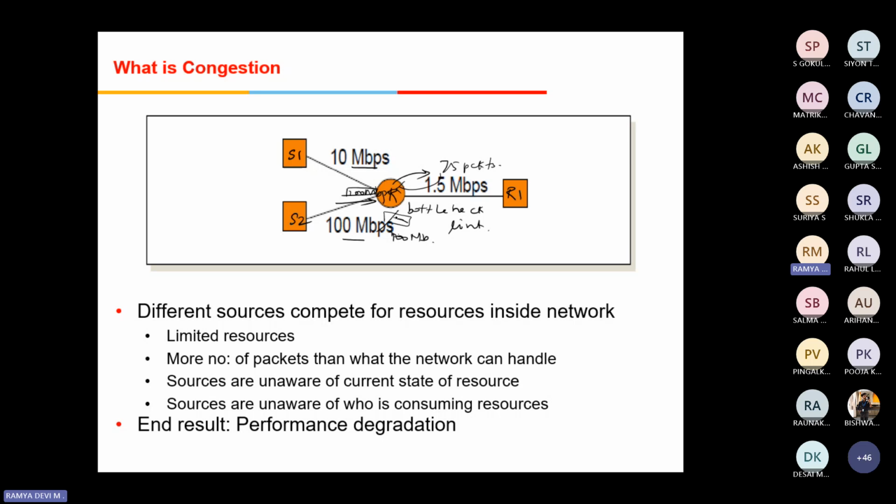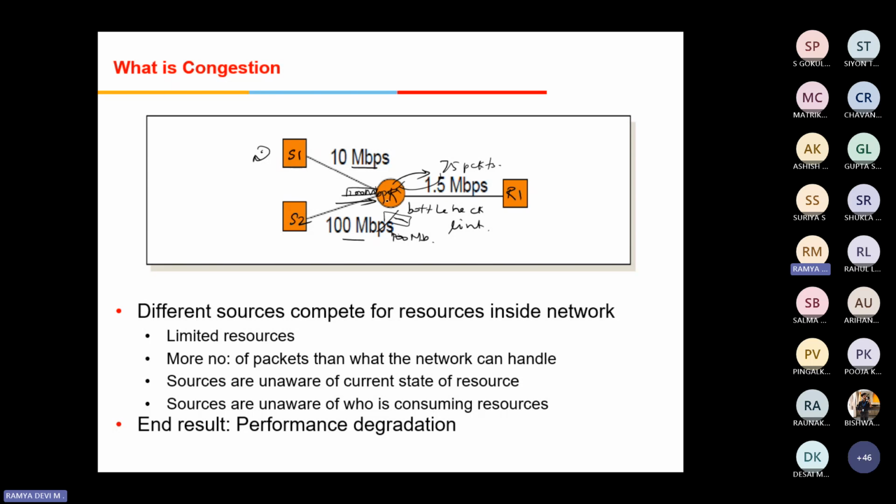The sender will start the timer and send the packet, and it waits until the timer expires. Once the timer expires, it will retransmit the packet. It will not know whether the router is running out of buffer space, so immediately it sends the packet. Soon S2 is also sending packets. The buffer space will overflow and all the packets sent by both senders will be discarded.